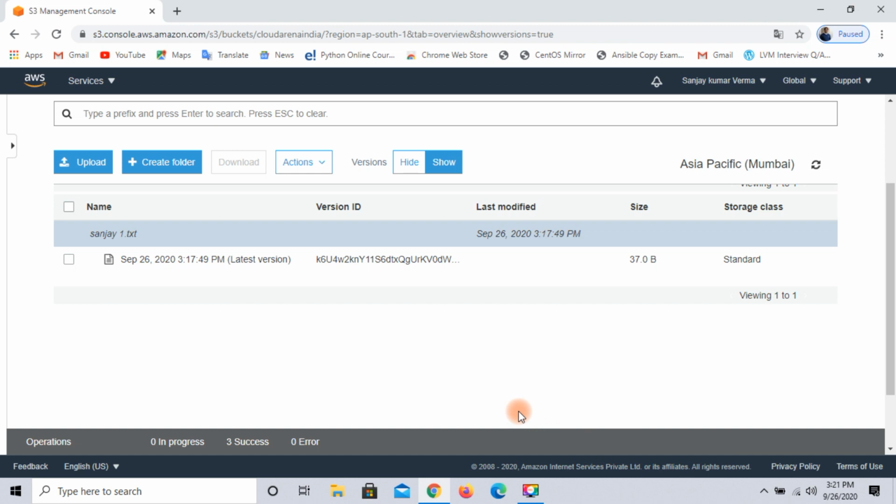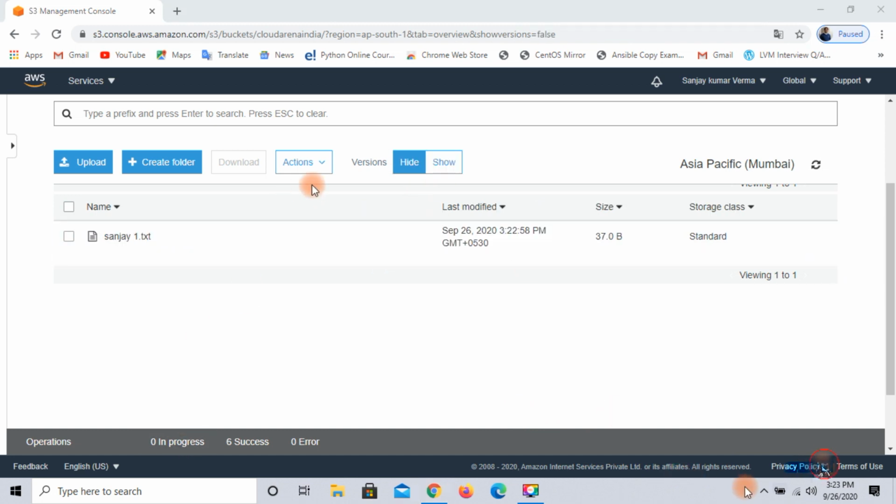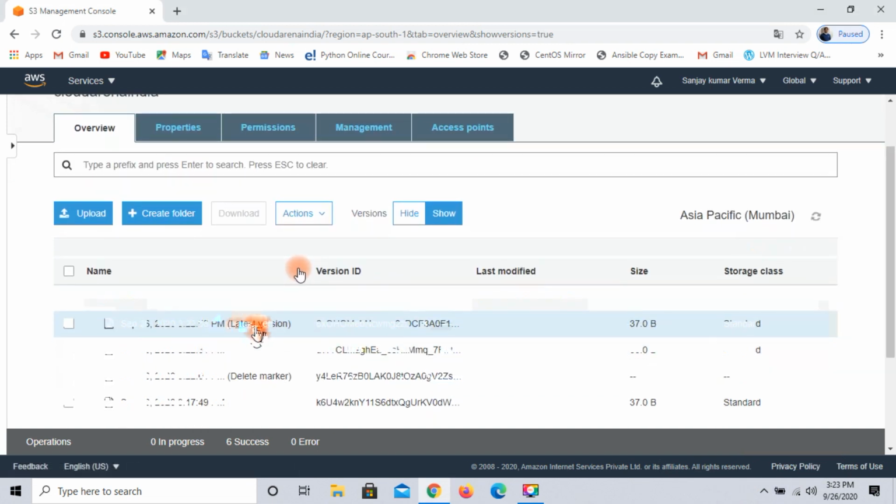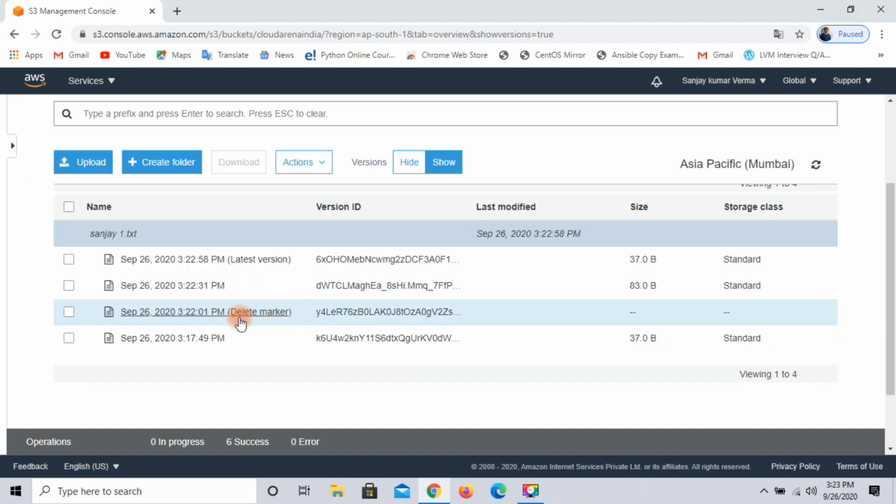Then after some time, when I click on show, you will see the latest version and a delete marker on my file. A delete marker means marked for deleting but not yet deleted.